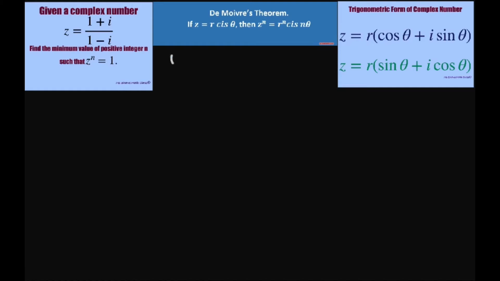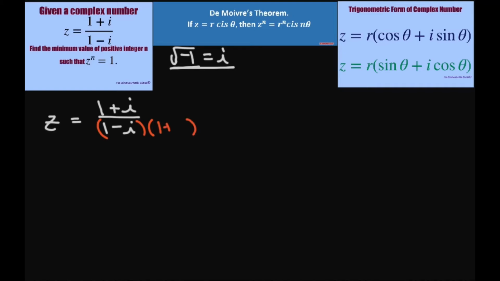So remember, the square root of -1 equals i. So this is a radical, right? We can take our c, which is (1 plus i) divided by (1 minus i), and multiply it by the complex conjugate to simplify. So that would be 1 plus i, and we're going to multiply the numerator also by 1 plus i. And when you have a minus bi times a plus bi, that equals a squared plus b squared. So this is just going to equal